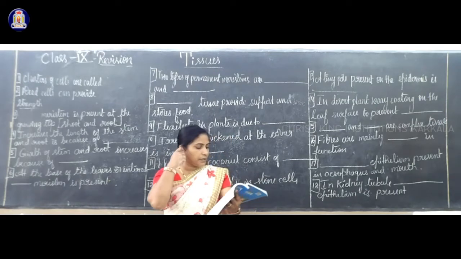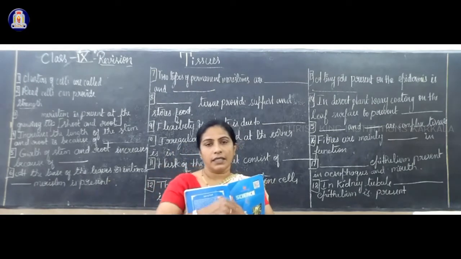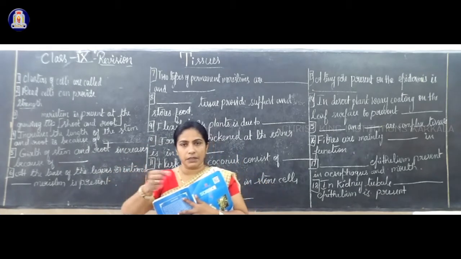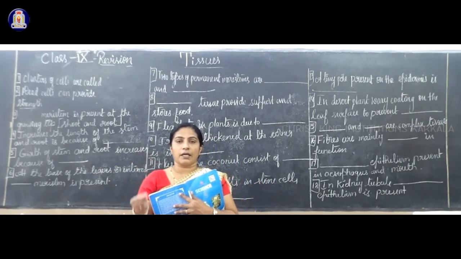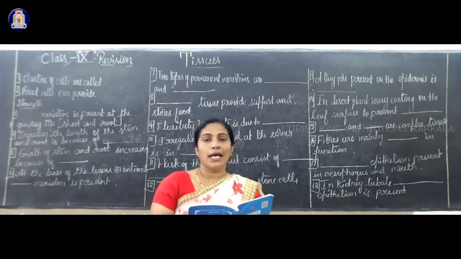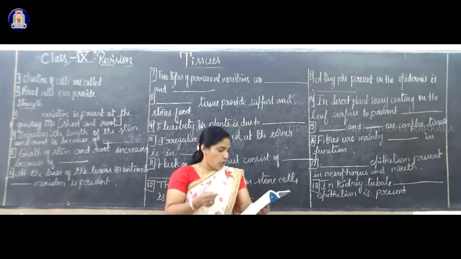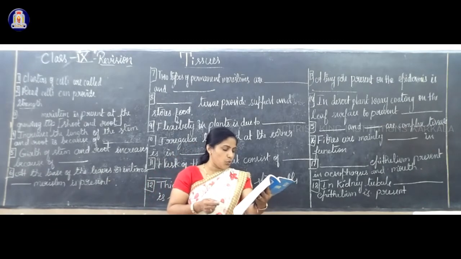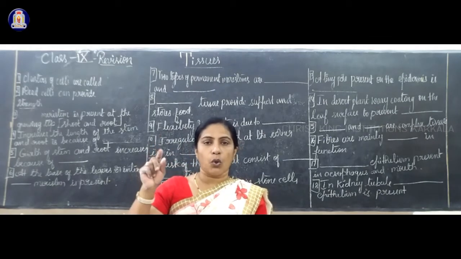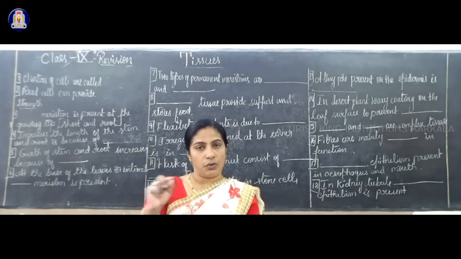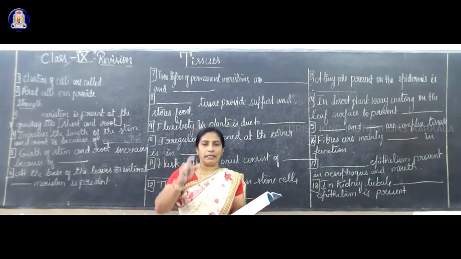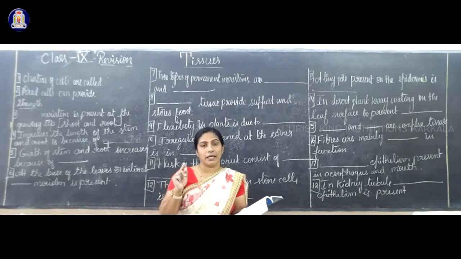Next one, page number 72. Activity: take a rhoeo leaf, scratch the upper surface, that is called the epidermis, remove the peel and observe it under a microscope. What we can see has already been given to you as project work. On page number 72, figure 6.5, identify the opening and closing structure. They will give an arrow mark.